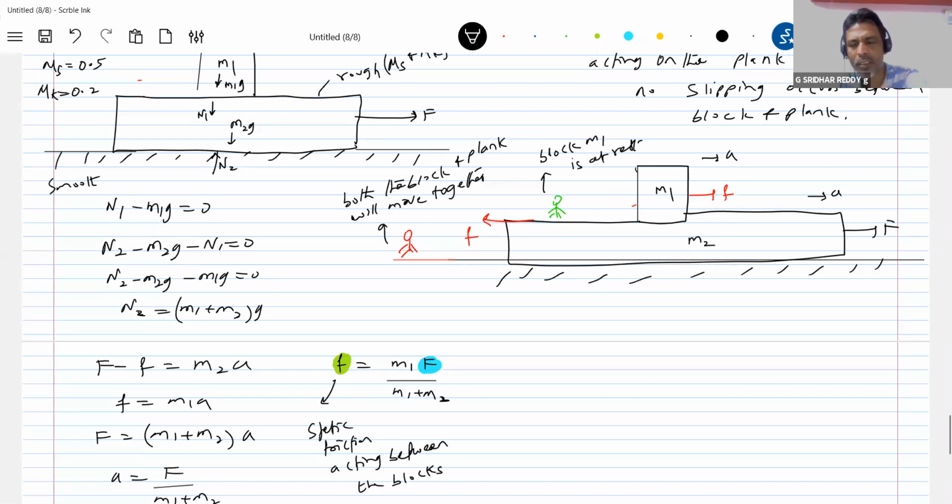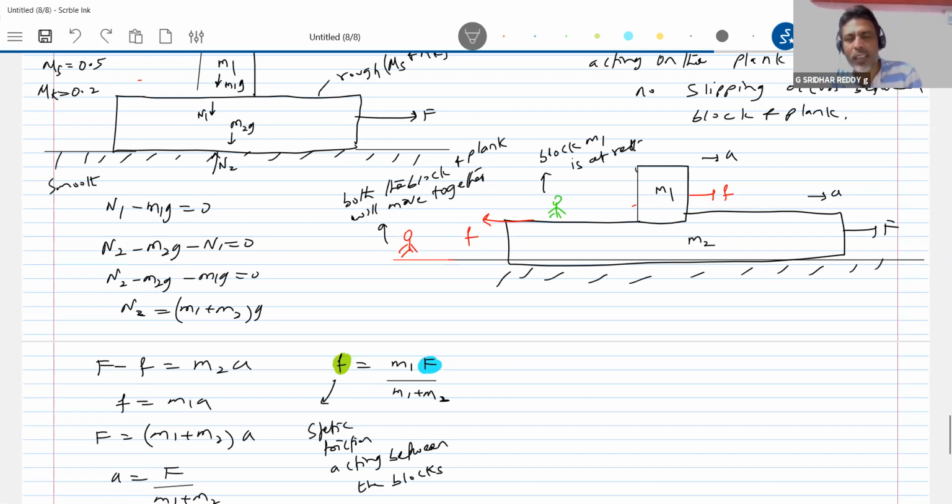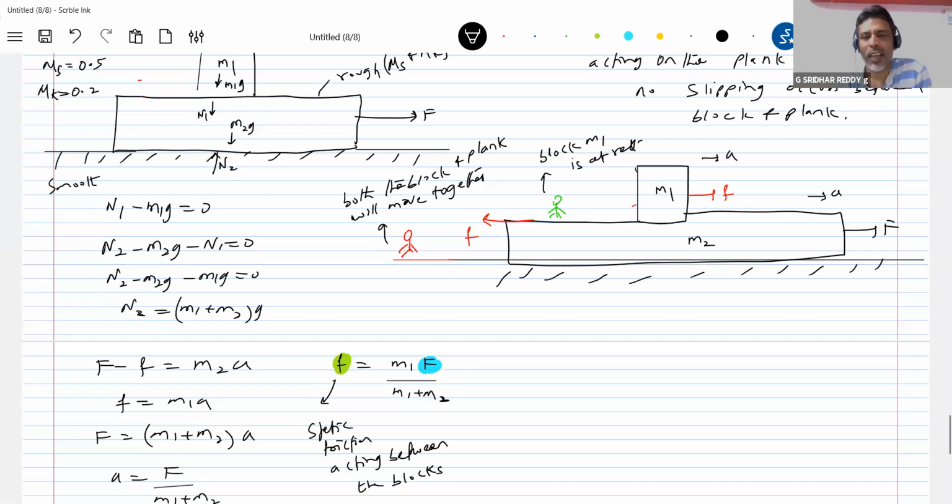Okay, let's come to when you can call a friction static. Let me trouble you now. When can you call friction static? When the block is at rest with respect to the ground, static friction acts, it was in that situation. And when there is no relative motion between the surfaces, the friction acting will be static. When there is relative motion between the surfaces, the friction acting will be kinetic. This is a basic idea. It's not that when the block is at rest, the friction acting is static. That happens when a block is kept on the ground.